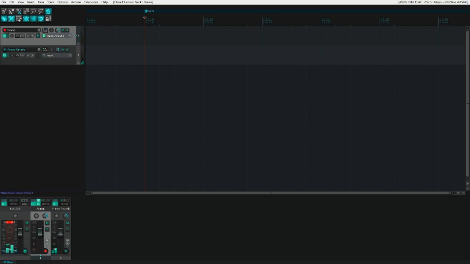I don't know what I'm going to do, but this is too fast, no? 99 BPM. By the way, you can increase or decrease the BPM without going to the project settings by pressing